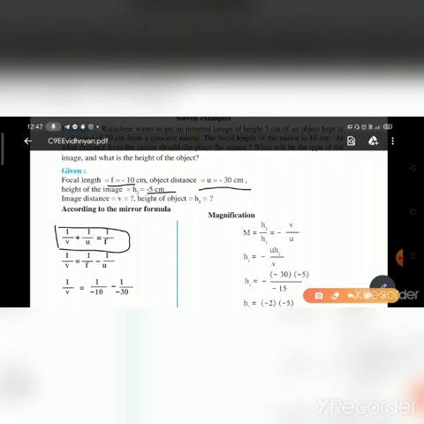So magnification m is equal to h1 by h2, which is equal to minus v by u. So we have to find h1 in here. So we have to shift all the other variables on the right hand side and the variable which you have to find on the left hand side. So in putting all the formulas,